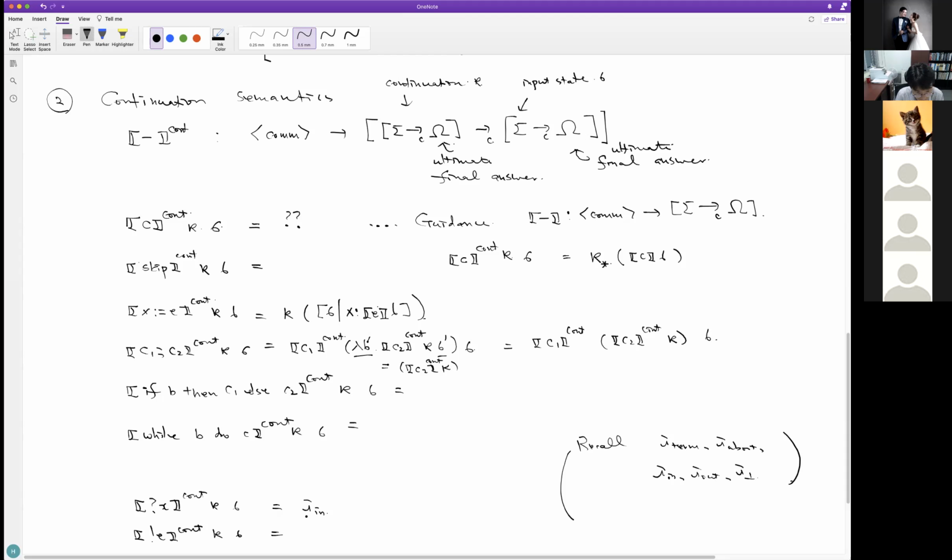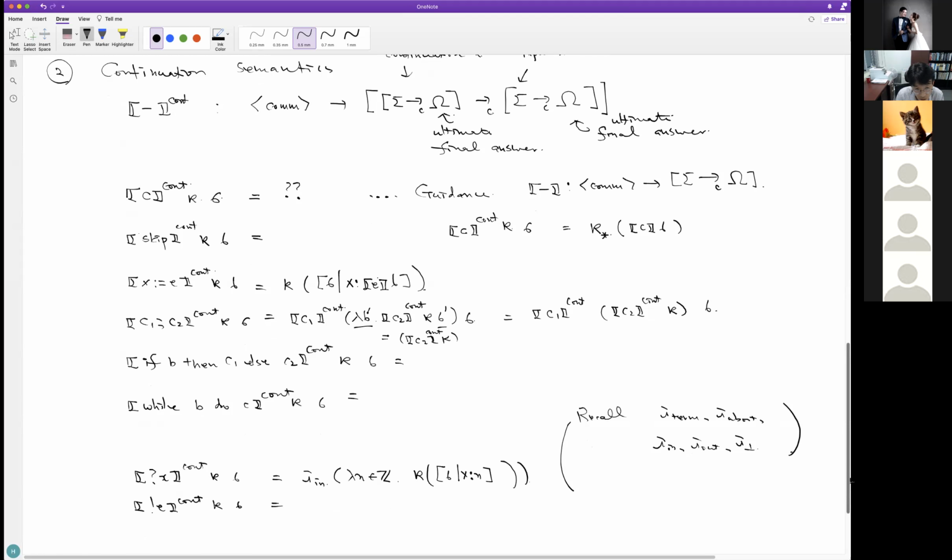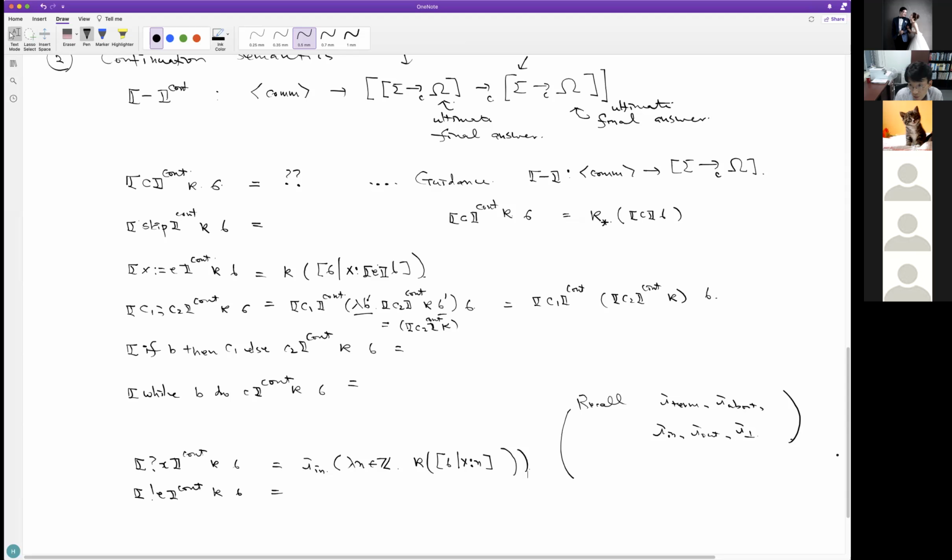In this case, we use this constructor for elements in omega, which takes a function. That function takes an input value from the user, and based on that input value, we update the state sigma so that variable x stores this input value. Then this updated state is provided to the continuation. So you see that this is now super simple compared to before, and it simplifies many of the type-changing operations that we used before.